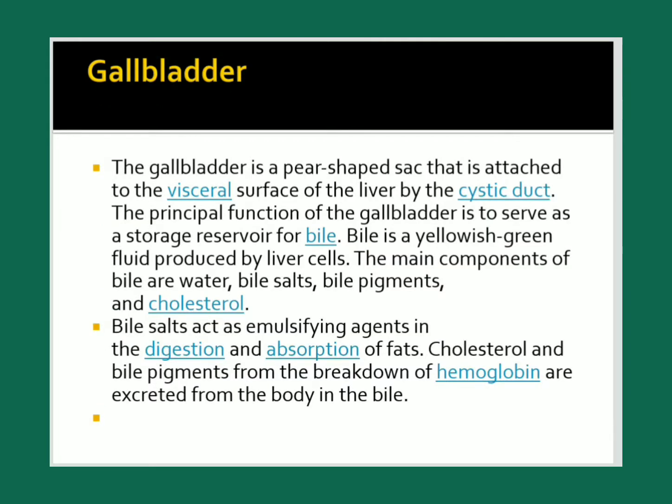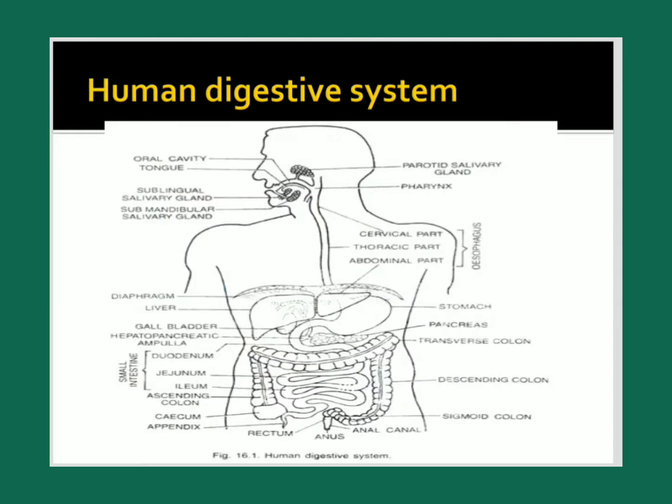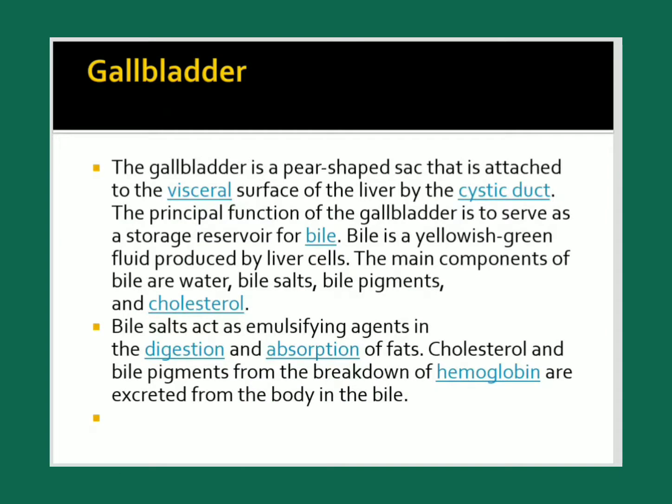Next, the gallbladder. It is a pear-shaped sac that is attached to the visceral surface of the liver by the cystic duct. The principal function of the gallbladder is to serve as a storage reservoir for the bile. Here you can see below the liver there is a gallbladder. The connection between these two is the cystic duct. The gallbladder is the small pear-like structure you can observe in the diagram, and it acts as a storage organ for the